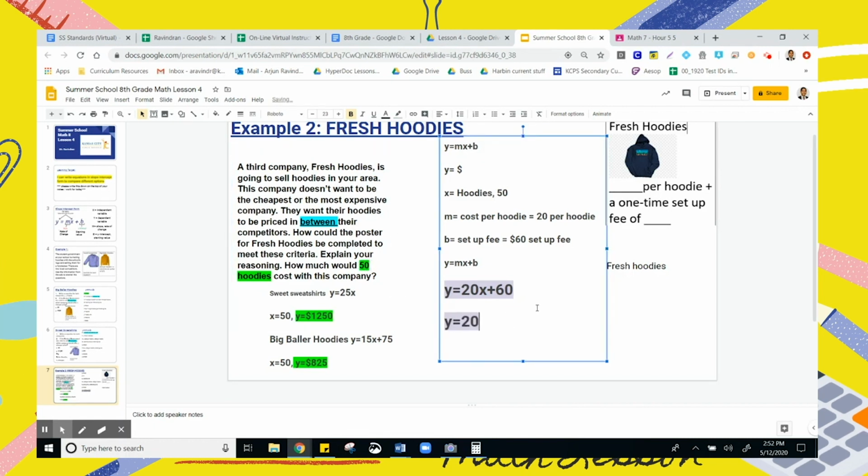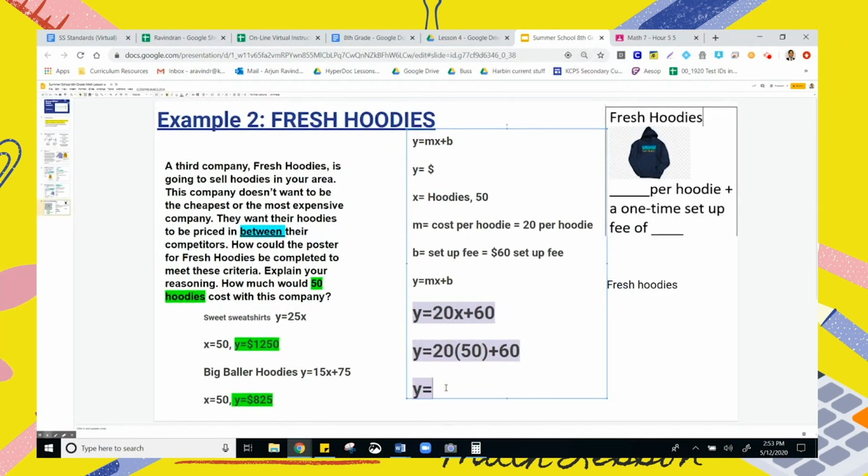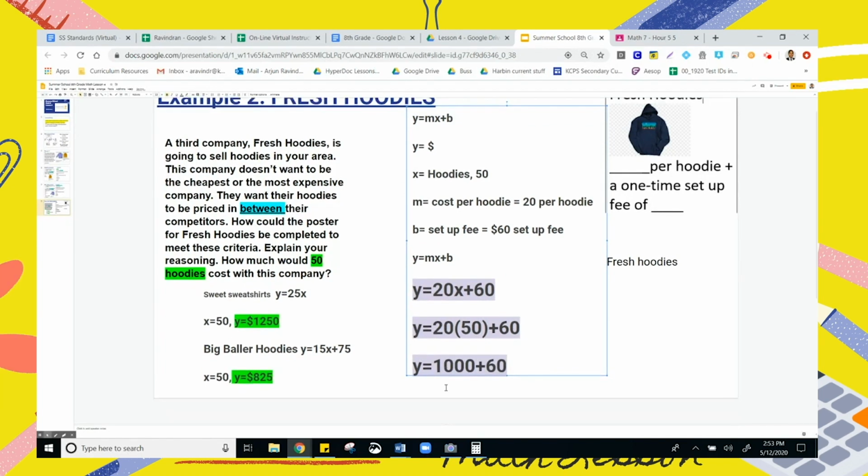Y equals 20 times 50 plus 60. $20 is the cost per hoodie. 50 is the number of hoodies. When we solve it, we'll get Y equals something. Y equals the price. First, we multiply. 20 times 50 is 1,000. Plus the $60 setup fee. So when we solve that,